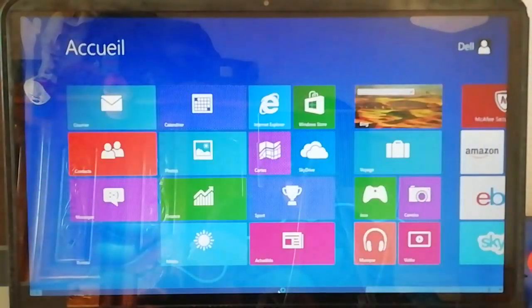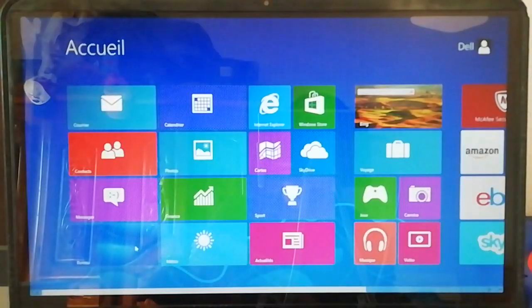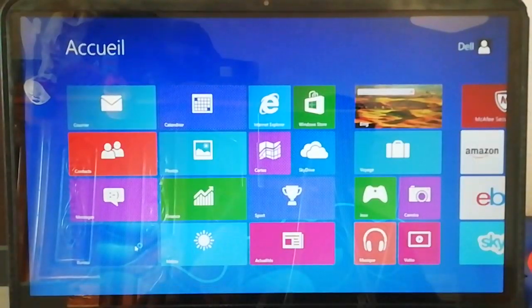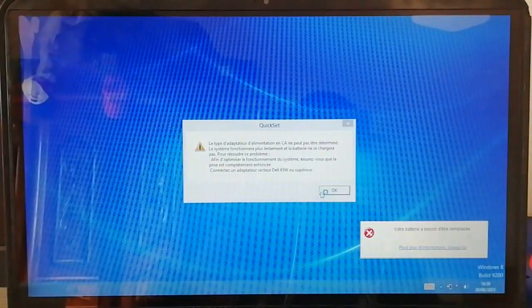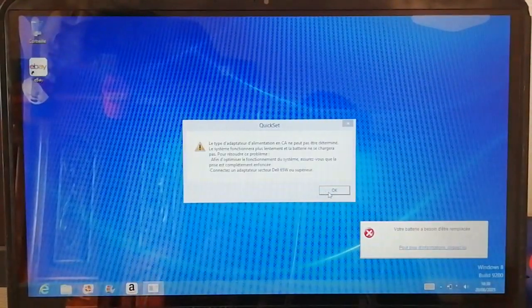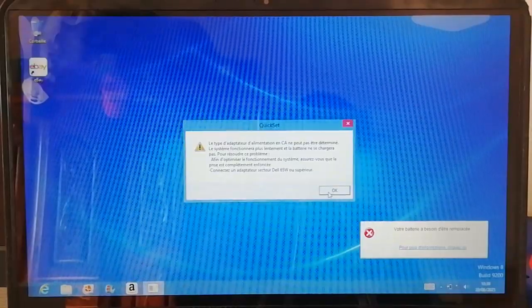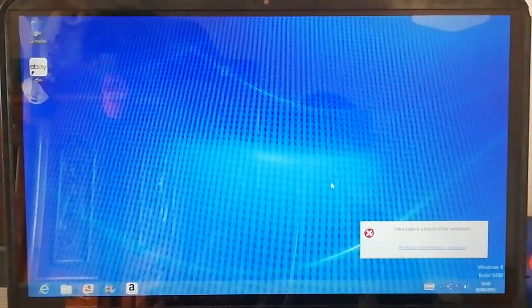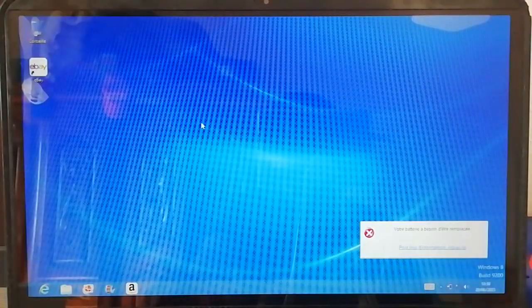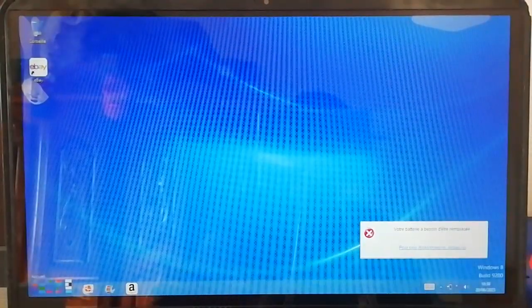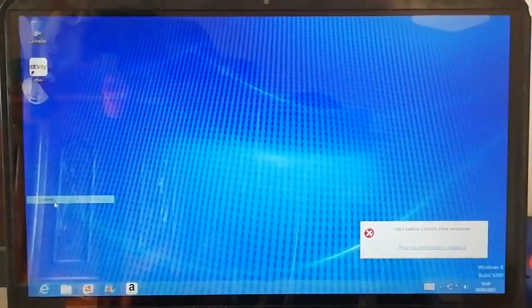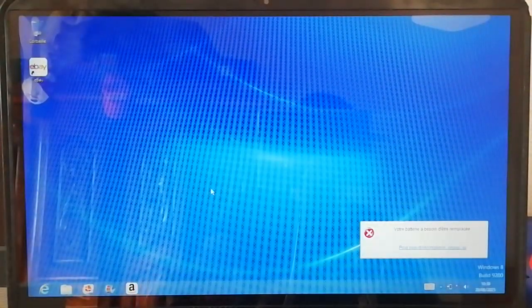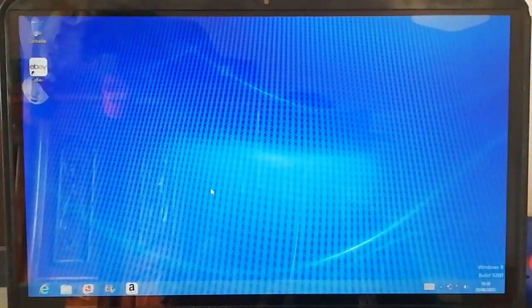One of them, I think, is gonna be Office 365, the 2013 version, because this one came with the Office 2013 starter version. We do have a quick set here, which says this battery needs to be replaced. But anyway,